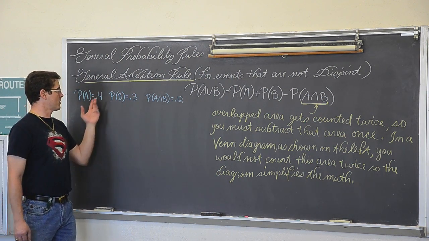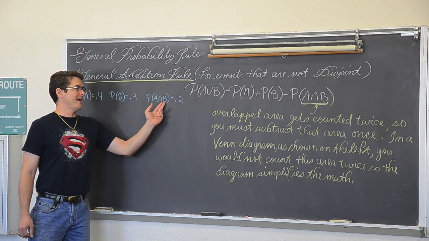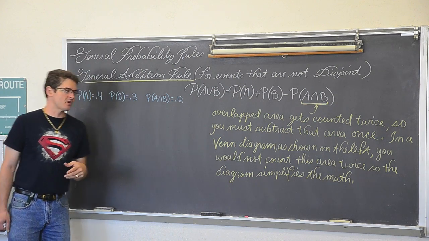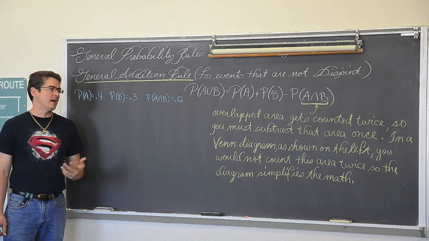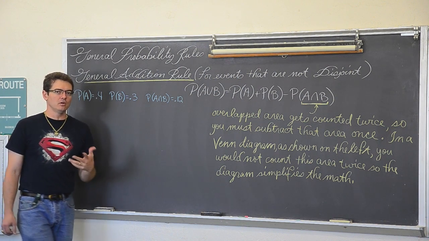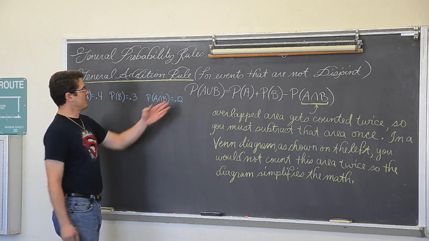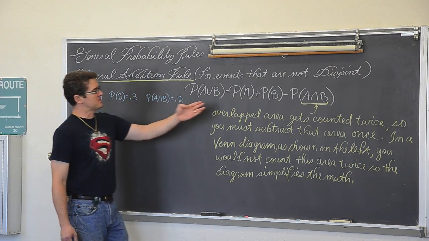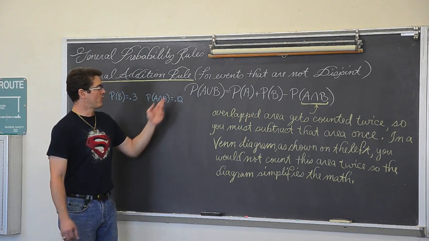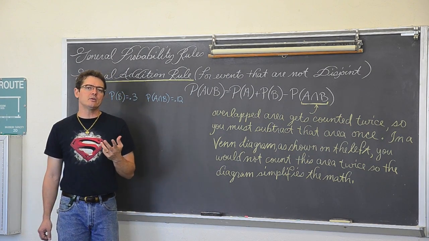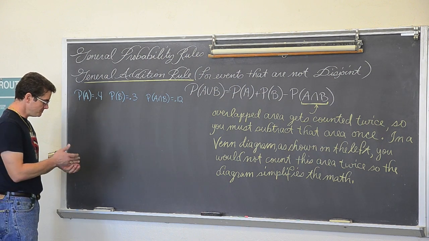The probability of A has a 40% chance of occurring, the probability of B has a 30% chance of occurring, and the probability of A and B has a 12% chance of occurring. Now, again, I did not write out an entire word problem for us to read and break down. That's what you want to do when you read the examples in your textbook and talk to your teacher in class. But with this, they're very plainly laid out. We can see we're just going to do 0.4 plus 0.3 minus the overlapped area of 0.12. But let me show you how you would set up a Venn diagram from this notation.